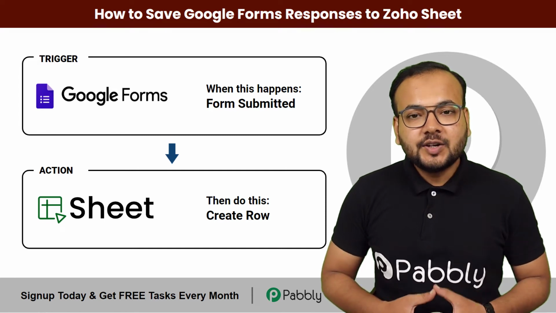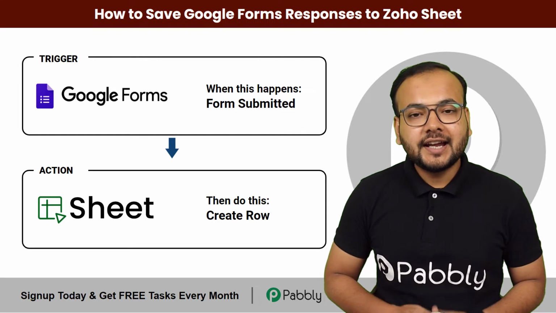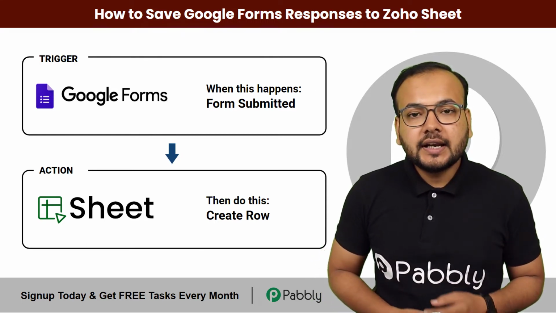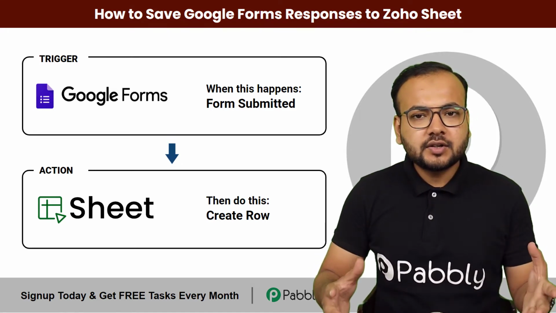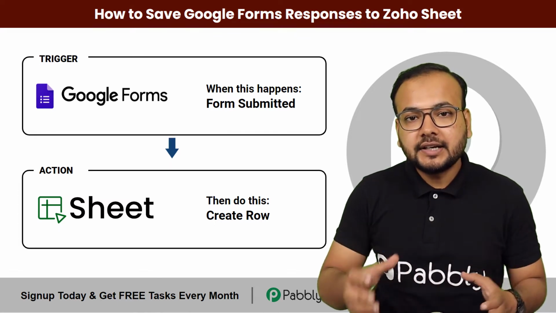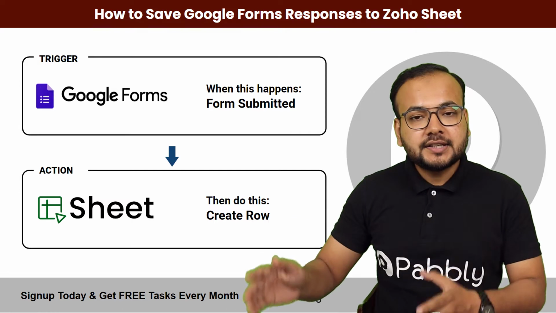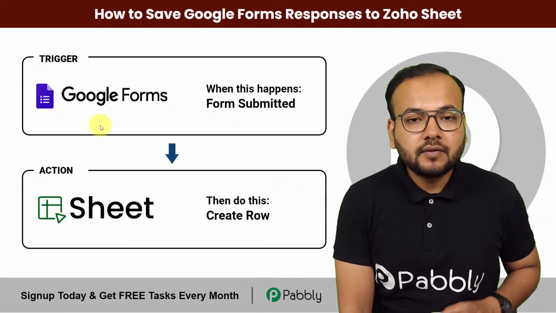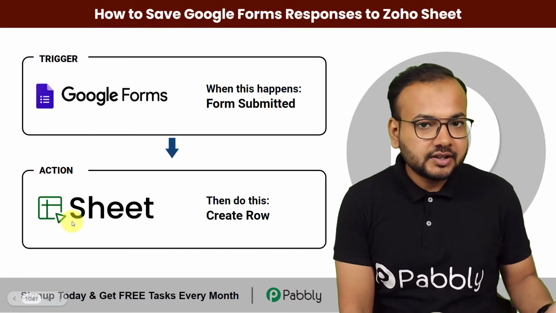Guys, in this video, you will learn how you can save Google Form responses into Zoho Sheet automatically. So guys, if you're collecting data using Google Forms or if you're conducting any kind of survey using Google Forms and you want to save some specific details out of that form submissions data into a separate spreadsheet, this automation is for you. Here we are connecting Google Forms as the trigger application and Zoho Sheets as the action application